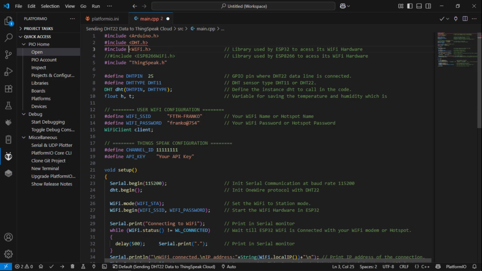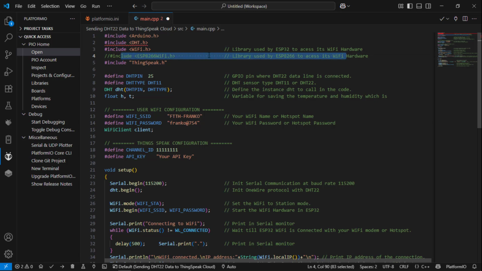ESP32 uses the WiFi.h library to control its Wi-Fi hardware. If you are using ESP8266, then you need to comment this line and uncomment this line